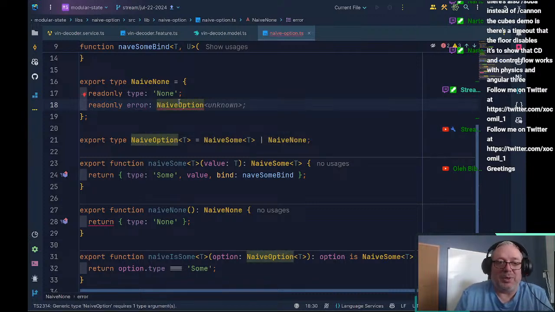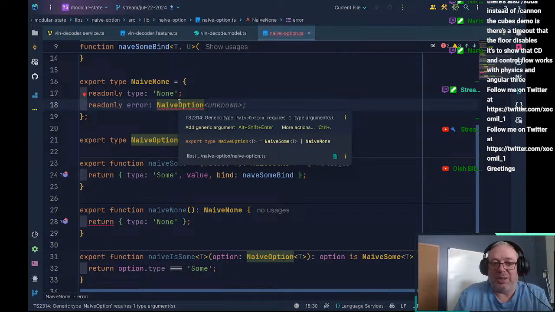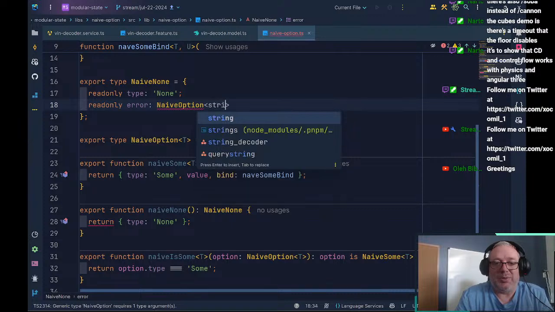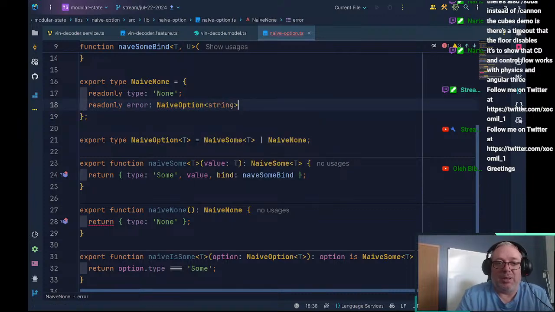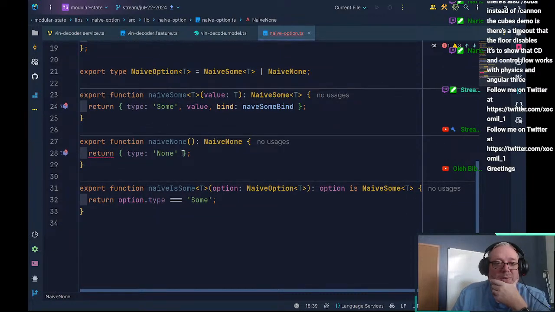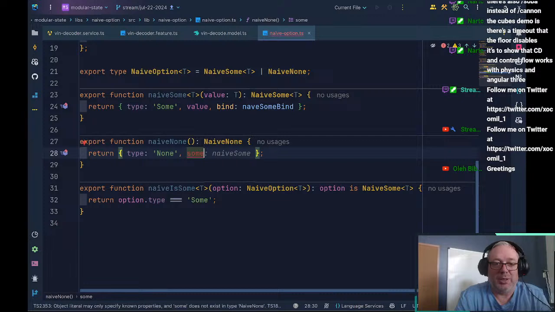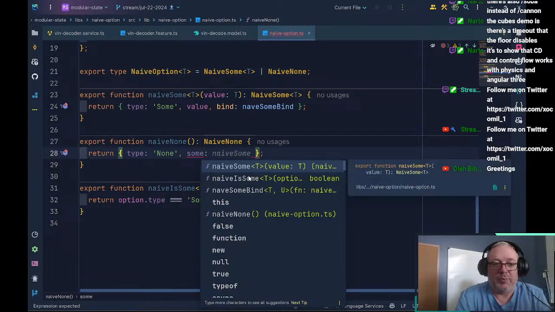And this may not work because naive option, it would be like, oh, so this can be a naive option of string. And I was worried about it being recursive, but it's not. And so here we can also say that, hey, sum,